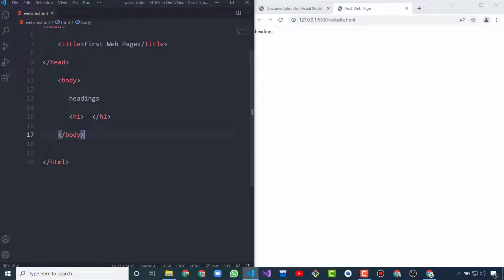So we have only 6 headings: h1, h2, h3, h4, h5, and h6. So h1 has a larger font size, and it is bold. H2 is somewhat lower, h3 is somewhat lower, and